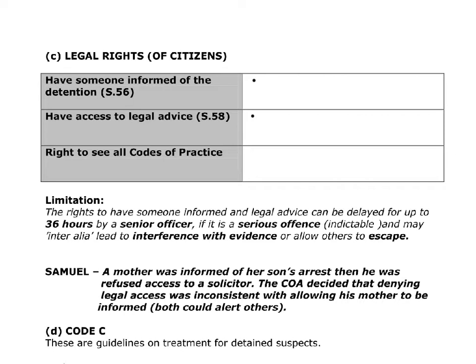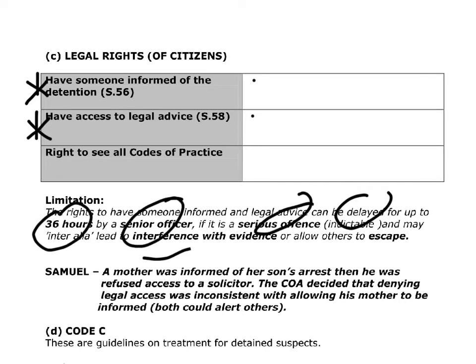Okay, right, limitation then, you've got a little limitation at the end there. So there's 2 rights that are most important, which are these 2. But it says there that they can have them delayed for up to 36 hours by a senior officer if it's a serious crime and they think it's going to lead to interference with evidence. So what we're talking about here